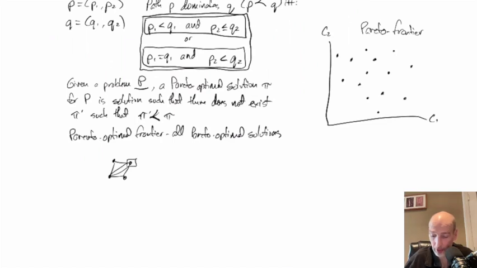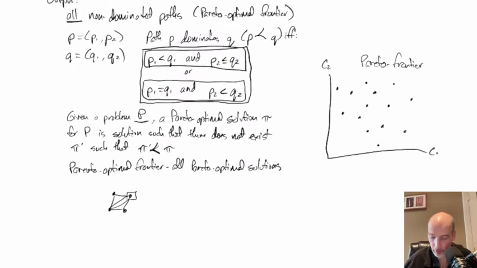When we think about this picture, the picture is actually very helpful. So again, if I think about a search to a particular goal, all of these are the goal state in the original state space. However, in my search, there are going to be different nodes in the search because all of these have been reached by different combinations of cost for C1 and C2. And so I want to ask which ones are dominated or not dominated by other ones. And so the domination relationship is telling us, basically, I want to look and say, is there something here, looking at this relationship here,